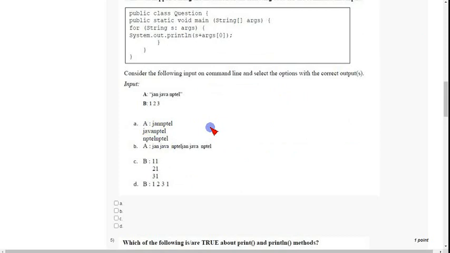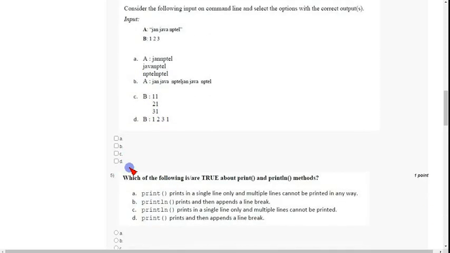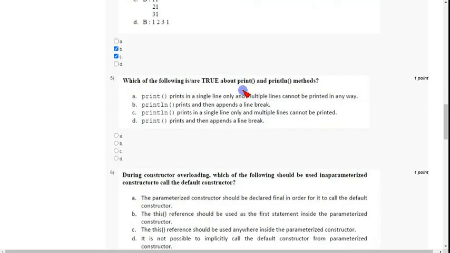Actually there are two answers. The first one is option B, JAN JAVA Java NPTEL JAN Java and space NPTEL. This is one correct answer. And the second correct answer is option C, 112131. So mark option B along with option C as the correct answers.